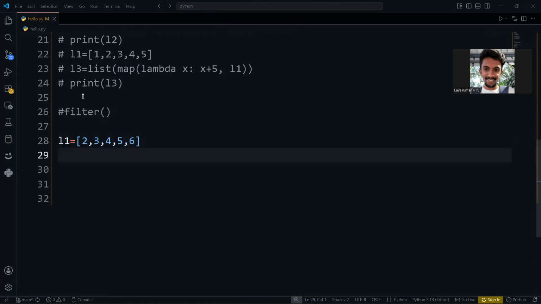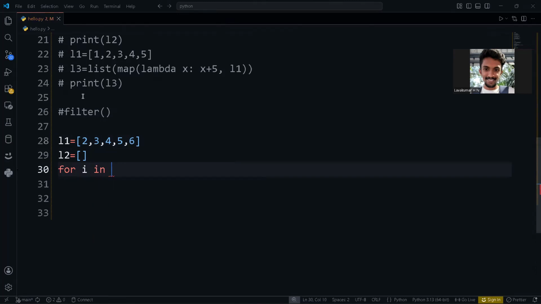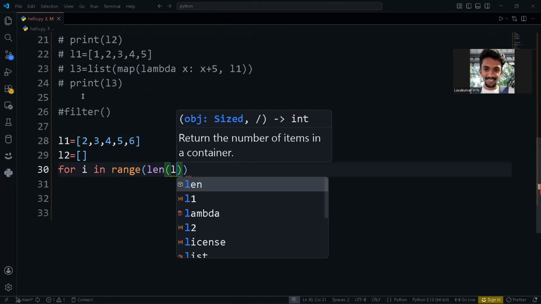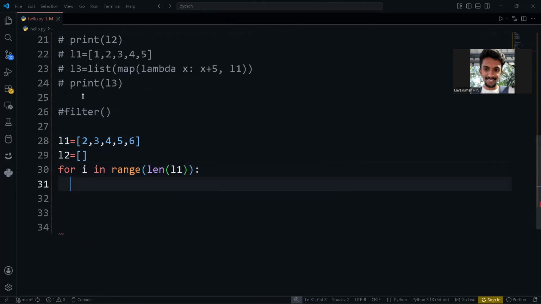Let's take L1 equal to a list with 2, 3, 4, 5, 6. Now, the interviewer will ask to print the even numbers. Only the even numbers. I will take L2 as an empty list, and I'm going to use a for loop: for i in range, the length of L1, and after this, I'm going to write a logic: if L1 of i